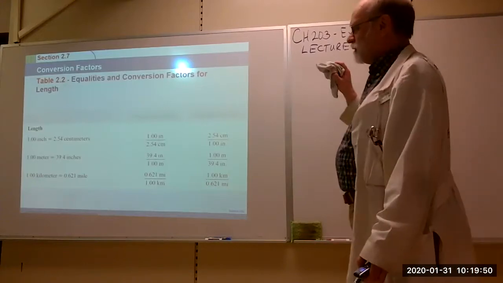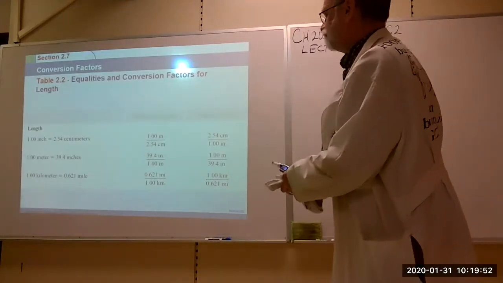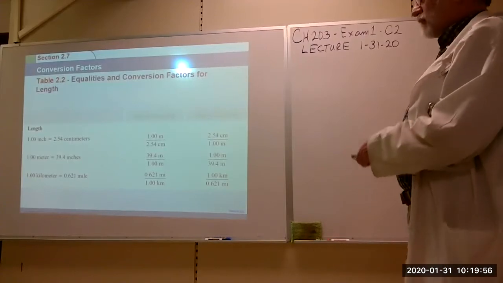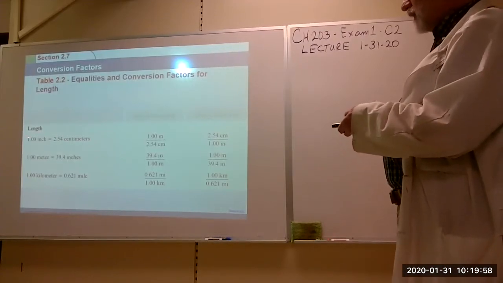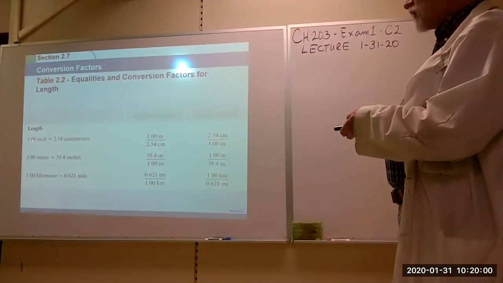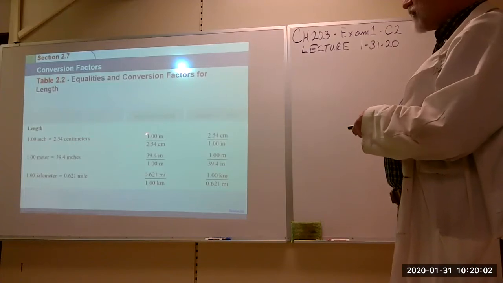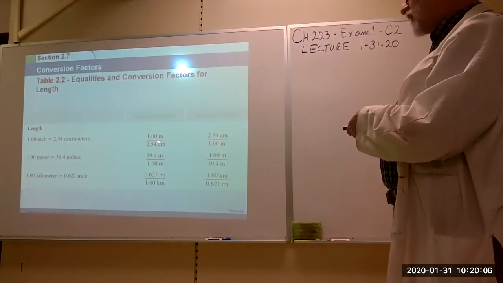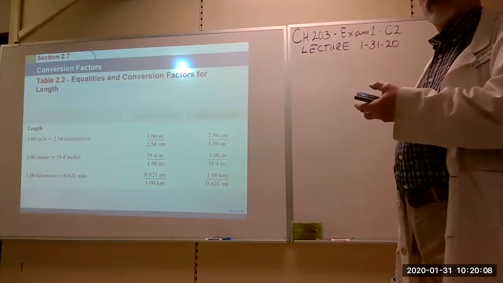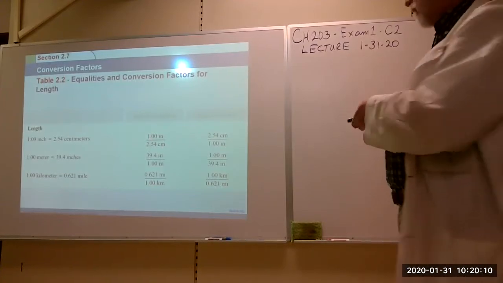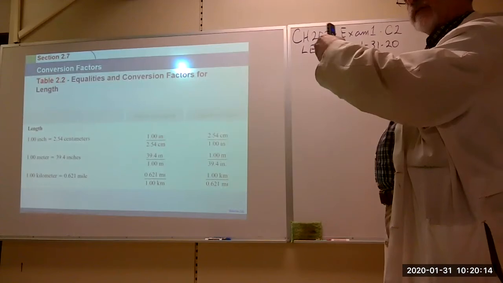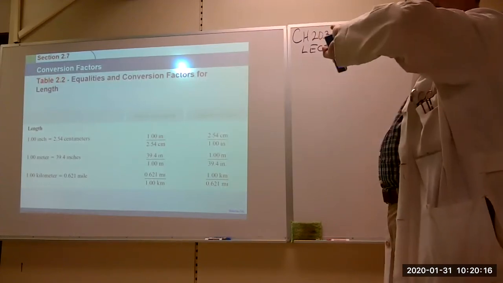Okay, so these equalities will produce conversion factors depending on how you need them. If this is equal to 1, then so is that, right? If that's equal to 1, you can invert it and it's still equal to 1, right? So a conversion factor that's flipped the wrong way, all you have to do is just invert it, stick it